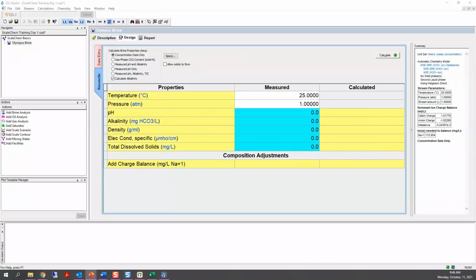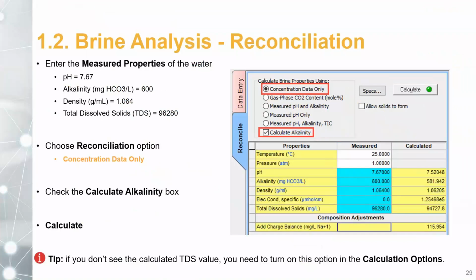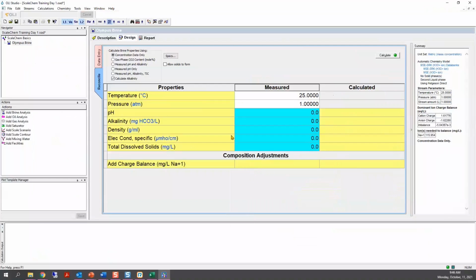I know these were the measured properties of this specific brine analysis, so we are going to enter those values here. We will enter that the measured pH was 7.67. My alkalinity as milligrams of bicarbonate per liter was 600.